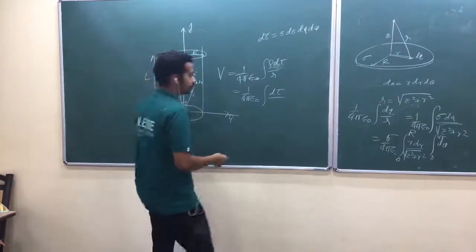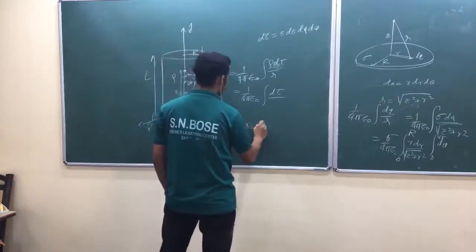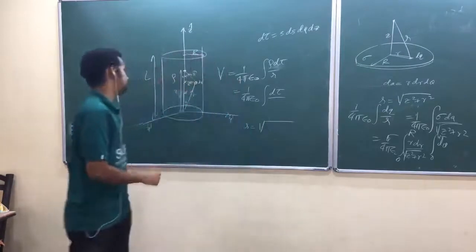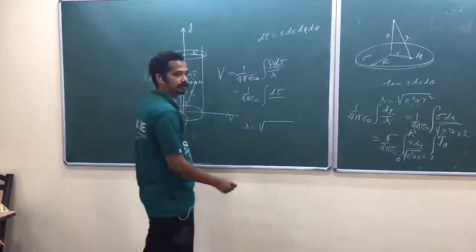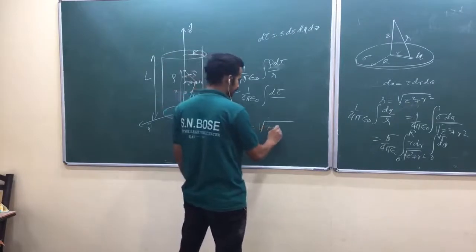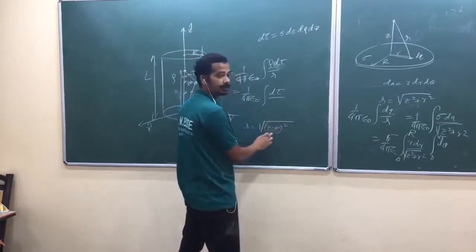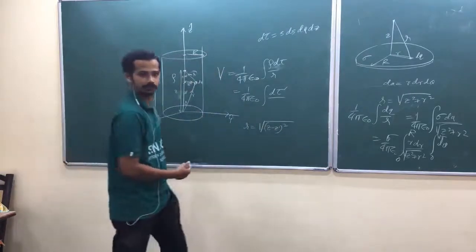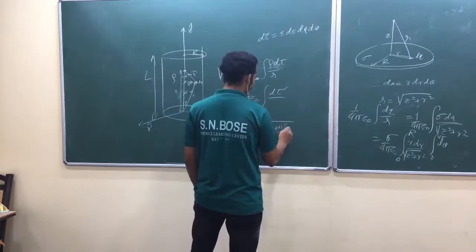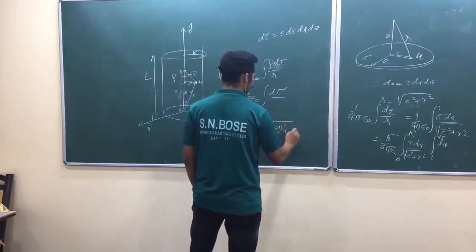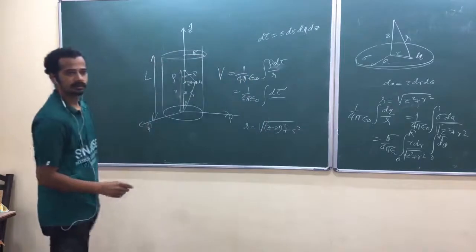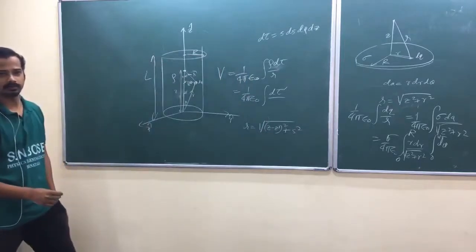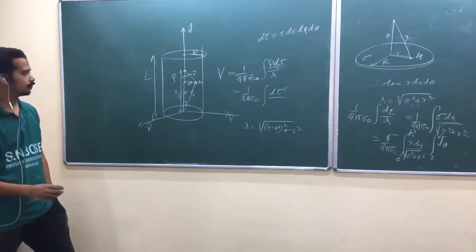Yes, I think I can do it. So try this one and try to match the final answer. Italic R I can write as root of Z minus Z prime the whole square. Z prime is variable, so I better write dz prime. That's how we have written earlier, remember. So Z minus Z prime the whole square plus S square. Wait a second, both are variable, both Z prime.